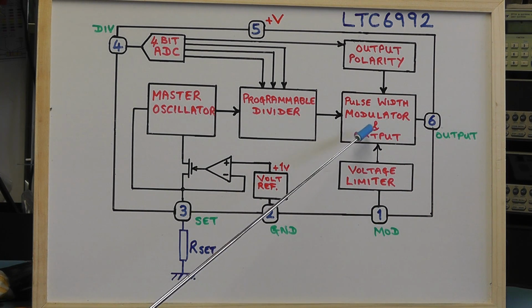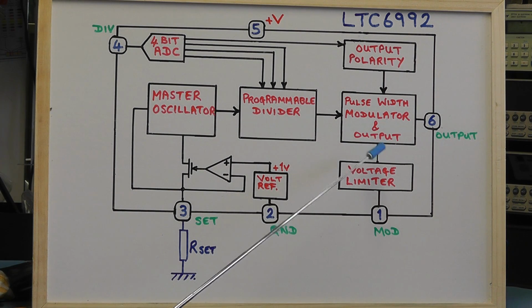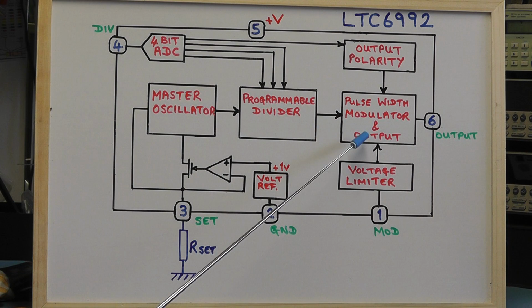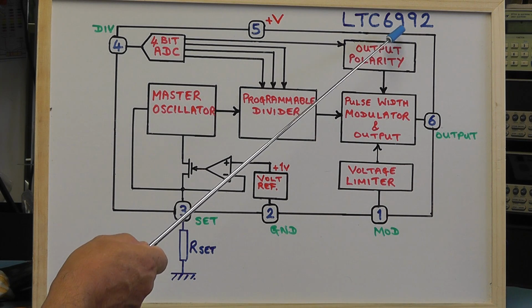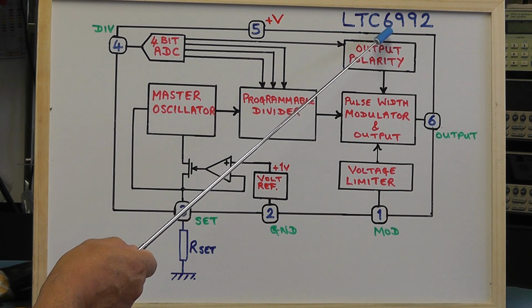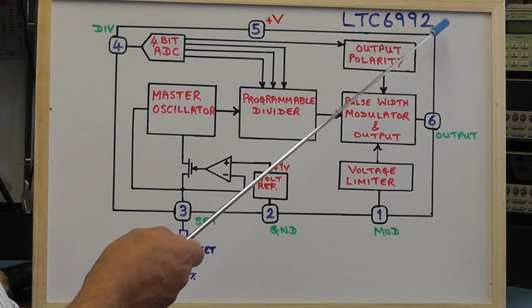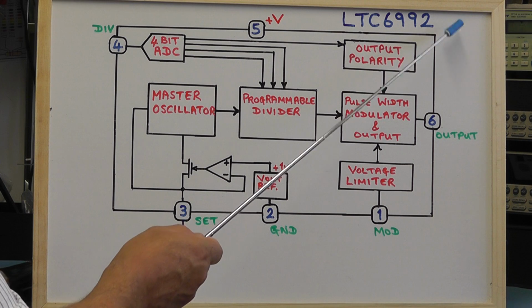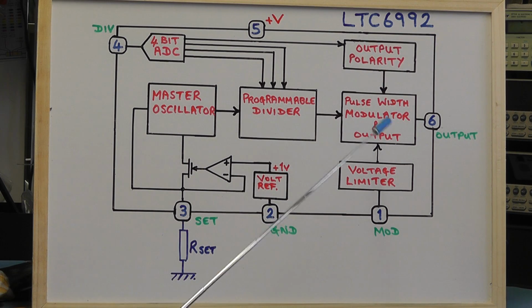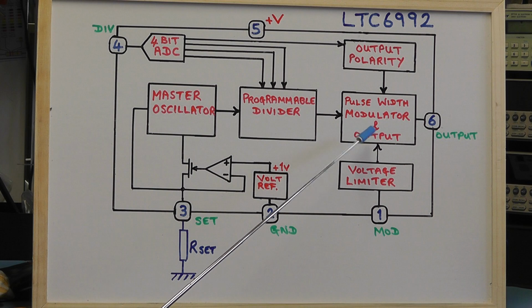That modulates the frequency and alters the mark space ratio. And that first of all goes through a voltage limiter, because the range at which we can alter the mark space ratio depends on the version of the IC itself. I said earlier on that this particular IC comes in 4 versions, and each version has a digit at the end, so it'll be a -1, -2, -3 or -4, and that determines the range of the swing